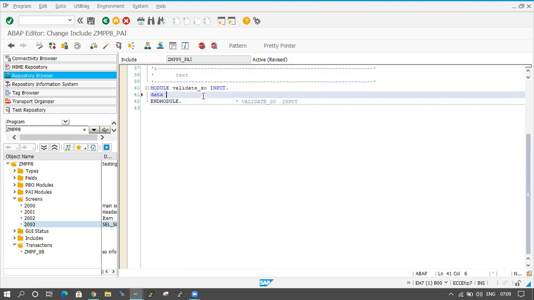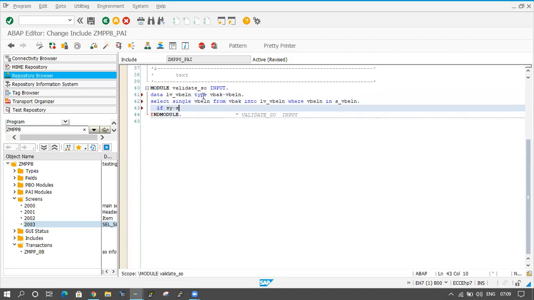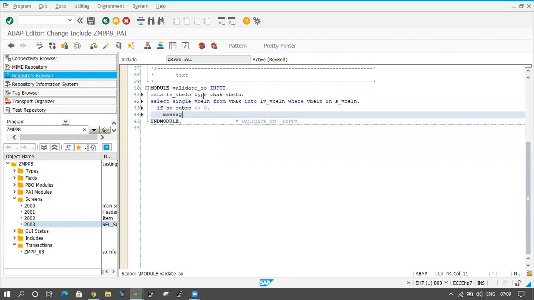Now I will declare one local variable, data lb_vbeln type vbak-vbeln. And I will write one select query here. Select single vbeln from vbak into lb_vbeln where vbeln in s_vbeln. If sy-subrc not equal to 0, then I want to display one message: invalid SO.